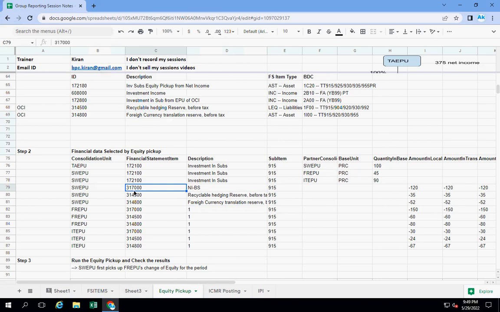So this is net income. So this net income is from Switzerland. So in the TA, whatever net income from Switzerland I should include because the investment is in Switzerland. Right. And also Switzerland is having some other comprehensive income. These two are other comprehensive income. Hedging reserve and currency translation reserve. The same repeated for France,